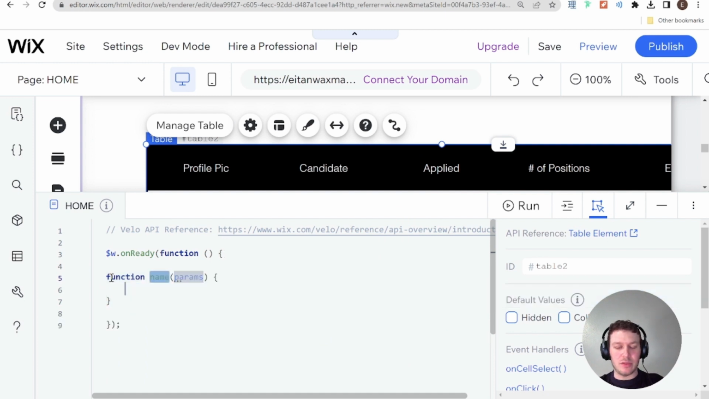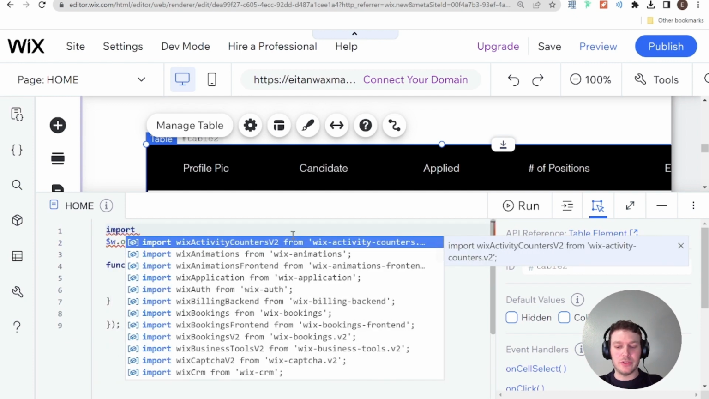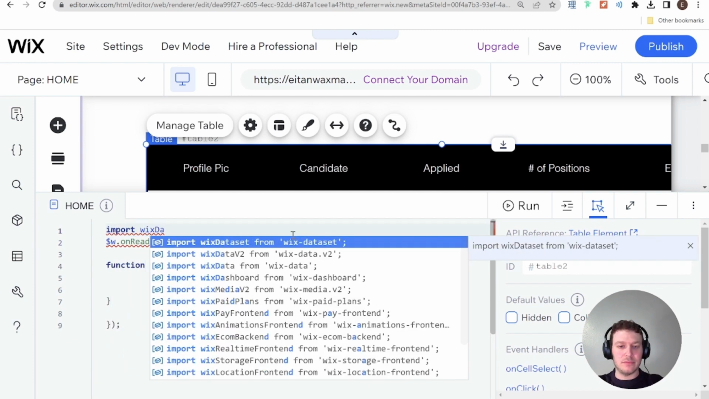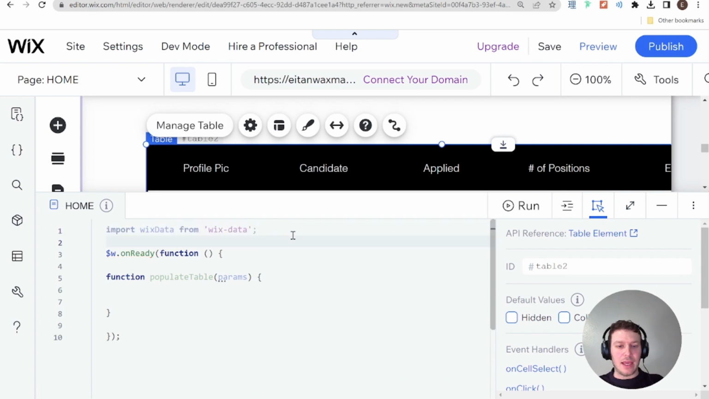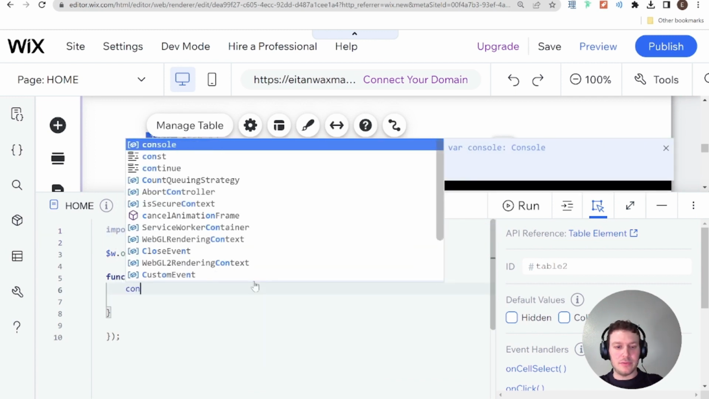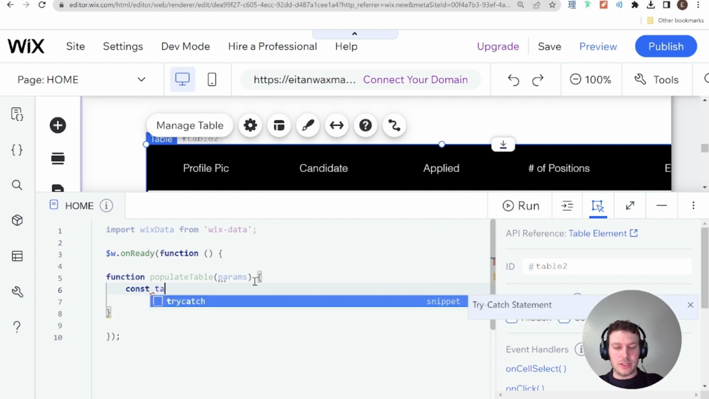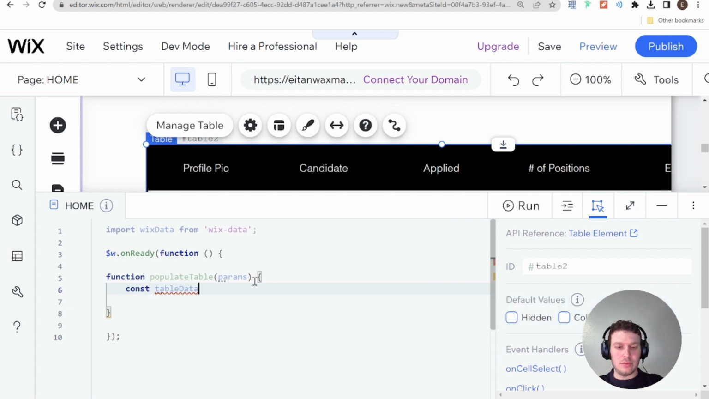Let's call that function populateTable. The first thing that we're going to do in this function is fetch that data from the Wix collection. So I'm going to go ahead and import wixData. And then I'm going to set up a query. So I'm going to say const mockDataQueryResult